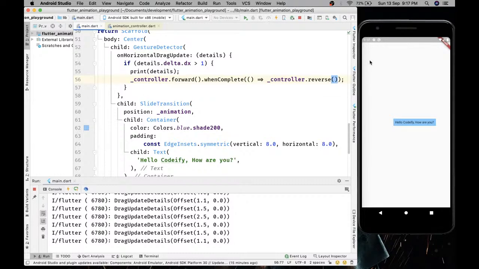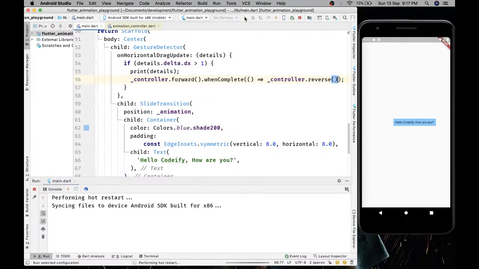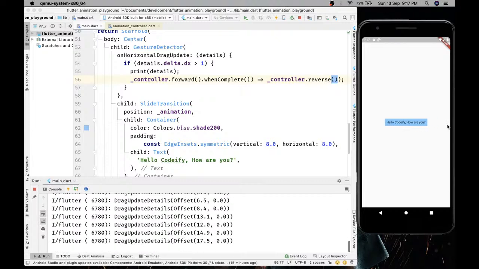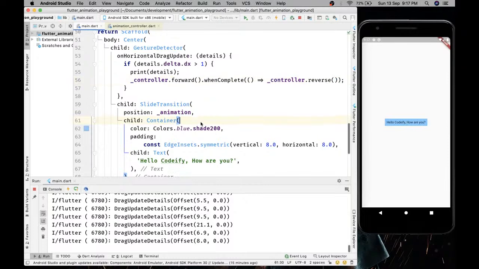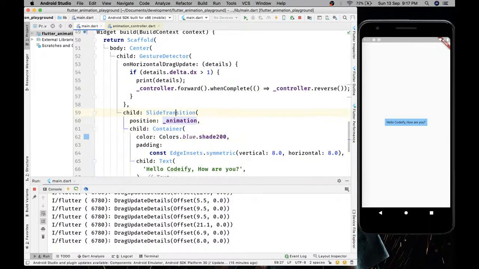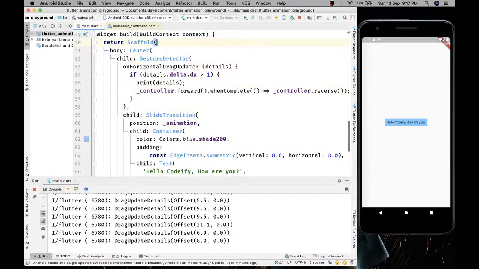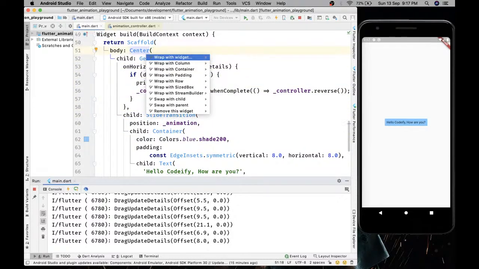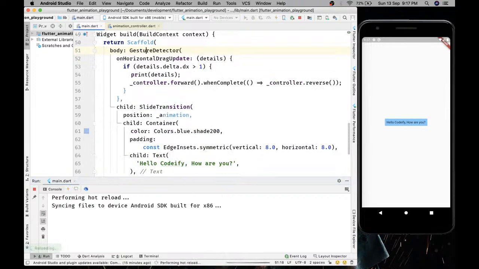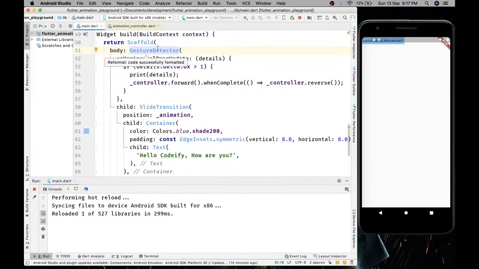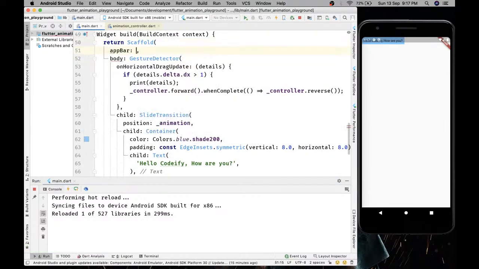So let's hot restart our application, and let's see. Yeah, it's working. It's working perfectly. Now, let's try to remove this center widget. Let's put a bar. Okay, and